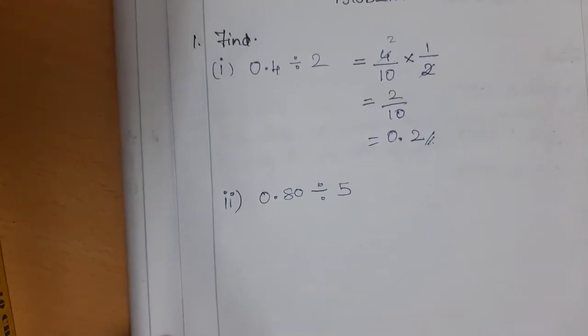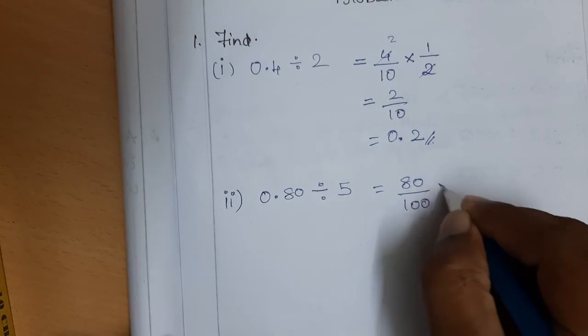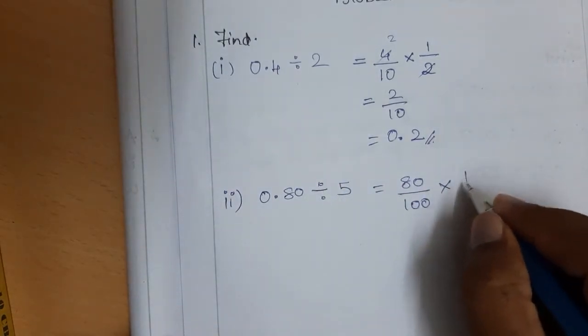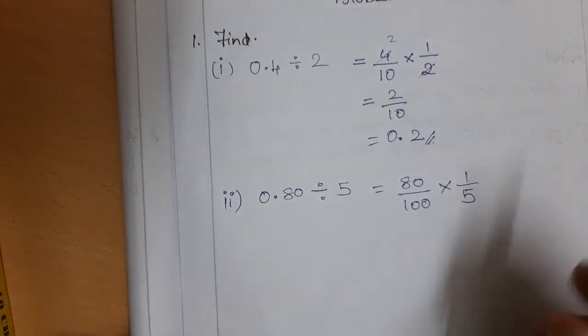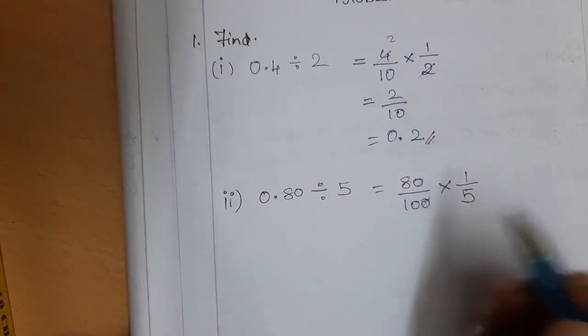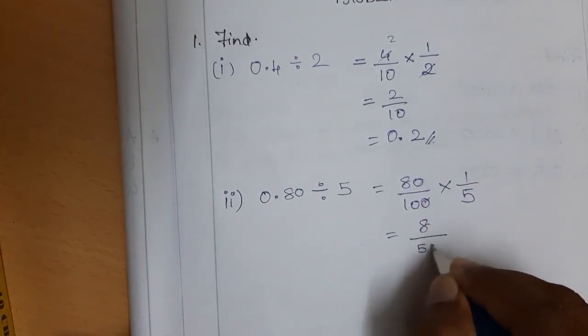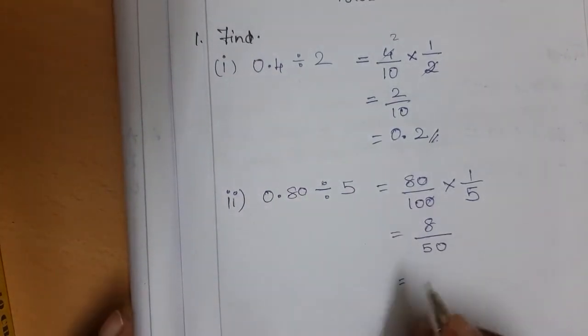Next, 0.80 divided by 5. 0.80 can be represented as 80 by 100, and division is changed to multiplication. So the 5 is changed to 1 by 4. The reciprocal of 5 is 1 by 5. And we can simplify it. The 0 and 0 get cancelled, right? So next, 8 by 50. So 8 by 50 will be the answer,